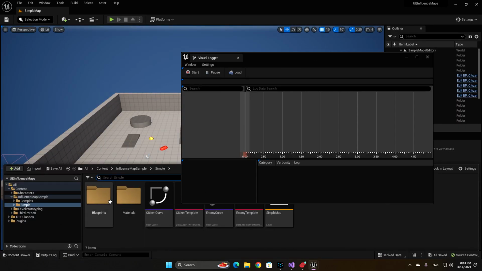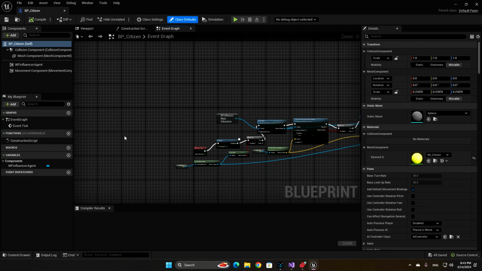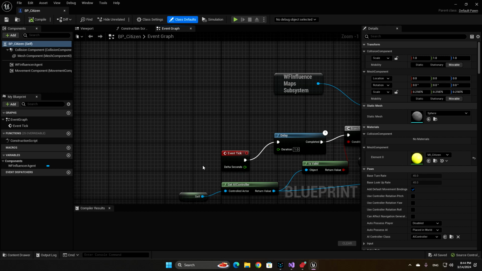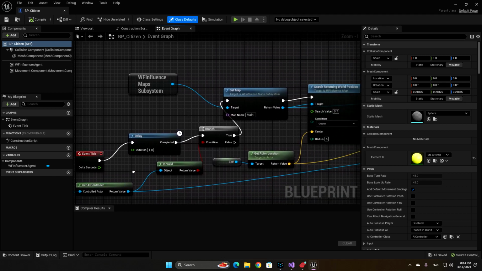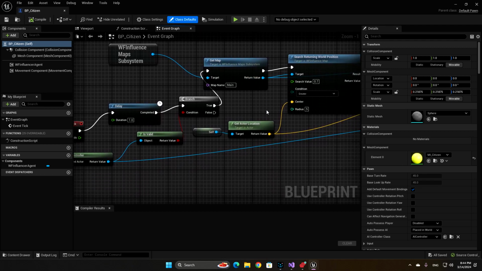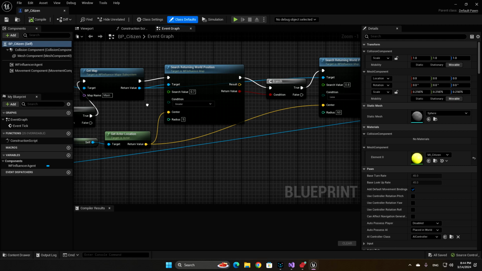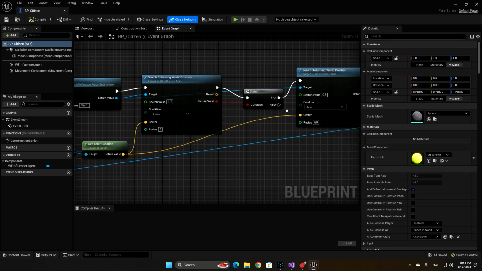So if I open citizens, which is the simplest, they simply in their tick check if their AI controller is valid or not, and also they check the map which they want, which is main, the map of the enemies, and basically search it for values greater than 0.7. And if they find something which is greater than 0.7, they are going to